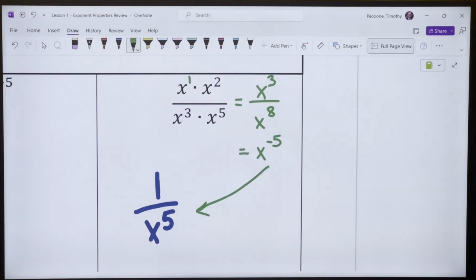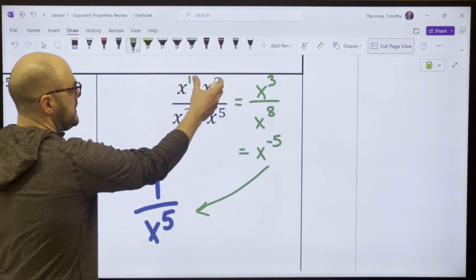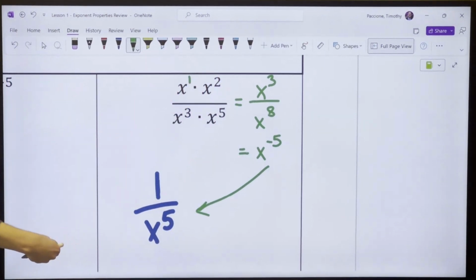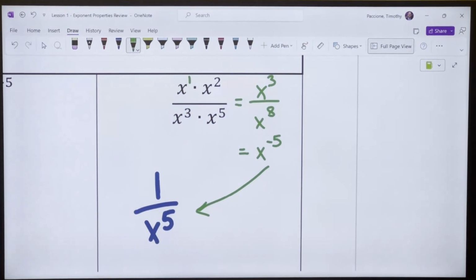Question? Yes, you could have seen that x times x squared is x to the third over x to the third. Cancels, that leaves you with 1 over x to the fifth. There's a lot of ways to solve these problems. People are going to do them different ways. Yeah? Okay. If you get x to the fifth, you can't make it